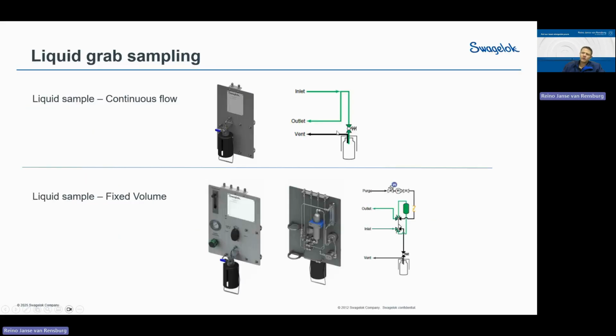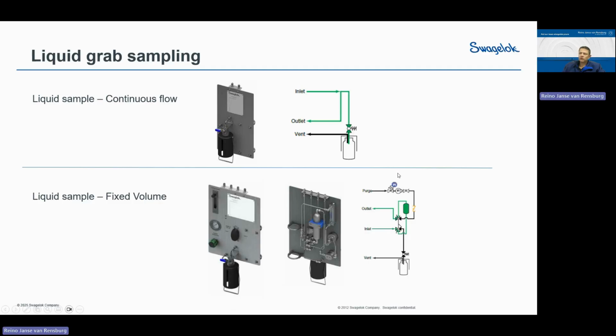Now, some other options we can do when we do bottle sampling, you can have a continuous flow option. So what I mean by continuous flow is you will have an inlet and an outlet that will always be flowing, whether you're taking a sample or not. But due to the fact that you have a non-return or spring return valve on your needle assembly, once you put your bottle in, you take your sample, then you know you've got a nice fresh sample. So this is always current process running through your system.